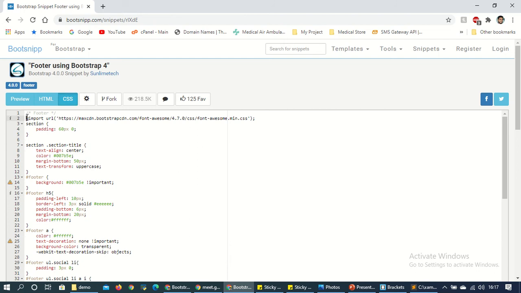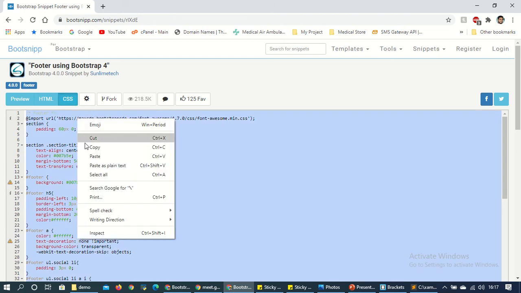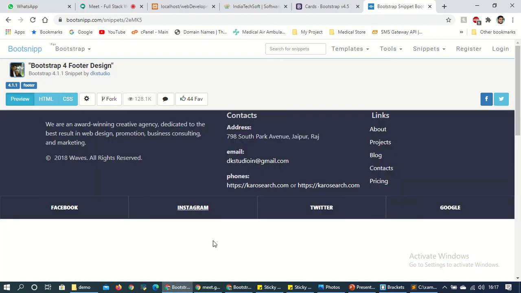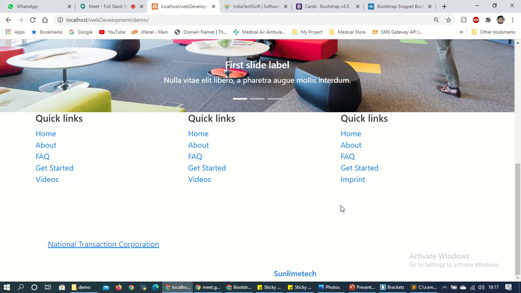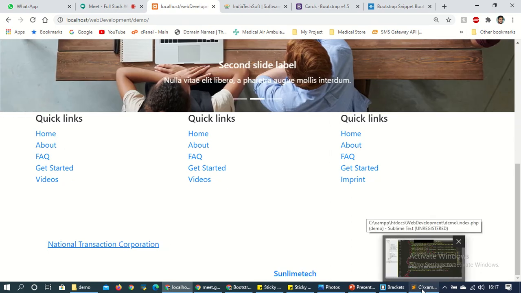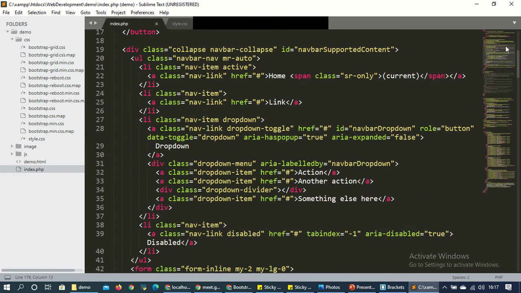Just select and copy. I'm not going to apply this CSS in the same page. We can apply it, but the code will be long.